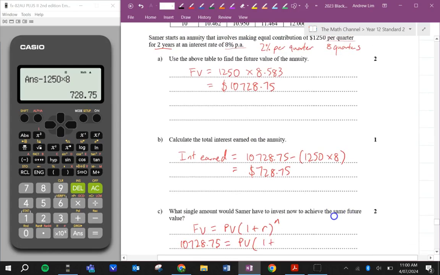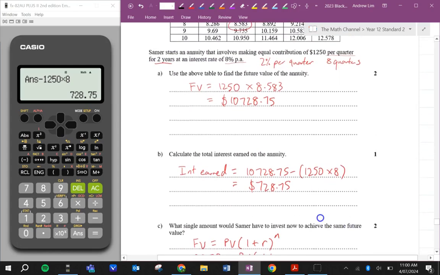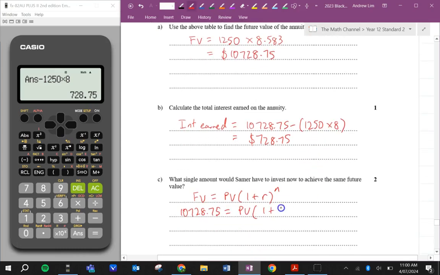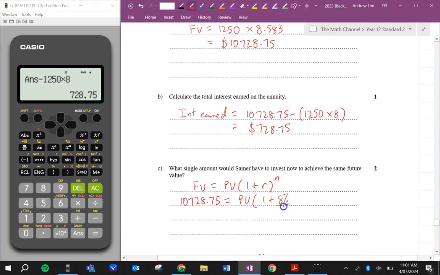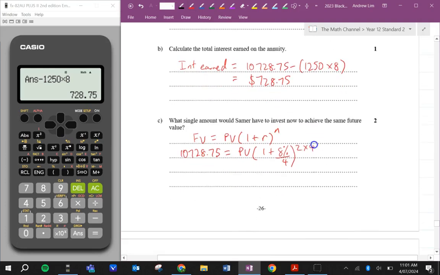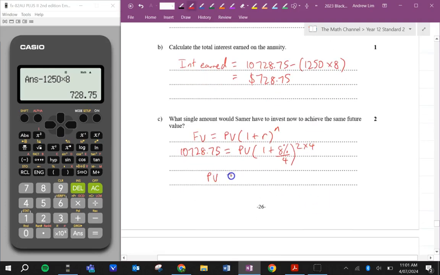The rate is 8% per annum, but it's per quarter, so we need to divide that by 4. For 2 years, so we need to times that by 4. And so present value is equal to 10,728.75 divided by all of that, which is equal to,